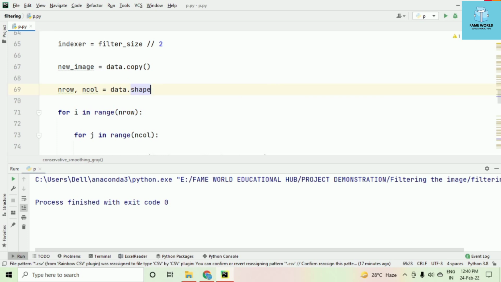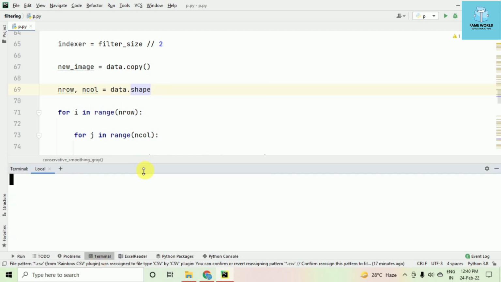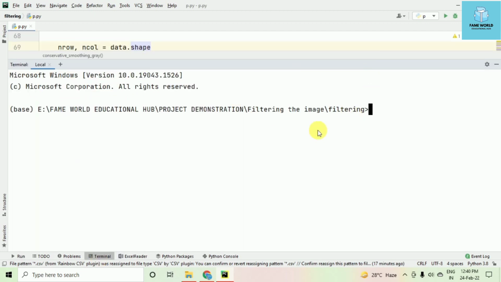Okay, now as I said, I am just going to tell you how you will be actually installing the modules into your system. So there are two ways. Either you can install the modules with the help of the terminal. Here in the terminal you can install it. You can just type pip install